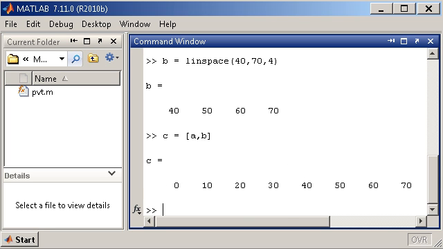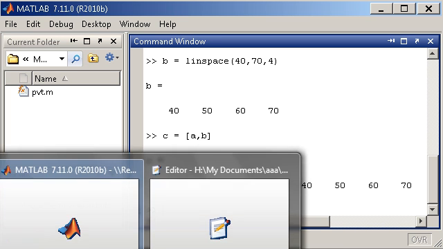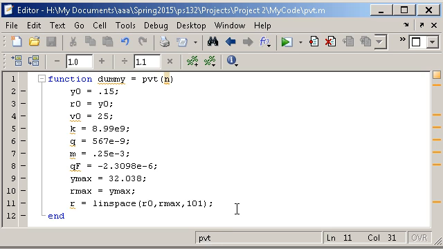So C has 8 elements, the number of elements of A plus the number of elements of B, and it's A in its order, and then followed by B in its order. So I think I want to use that idea here. That must be why I started talking about it. So I want this then to go, I want another array tacked onto that one that goes